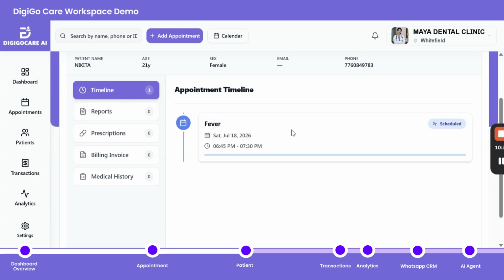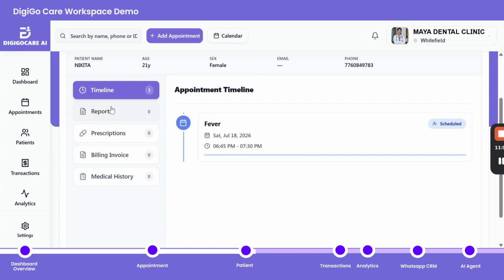Patient timeline shows when you have visited before and how many times you have visited. So this patient visited on July 18th. Instead of searching through different registers or spreadsheets, the clinic can view the patient's previous interactions from one place.